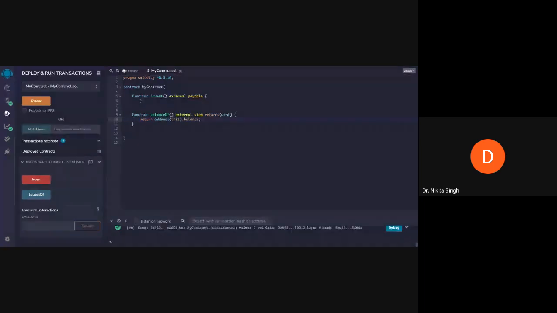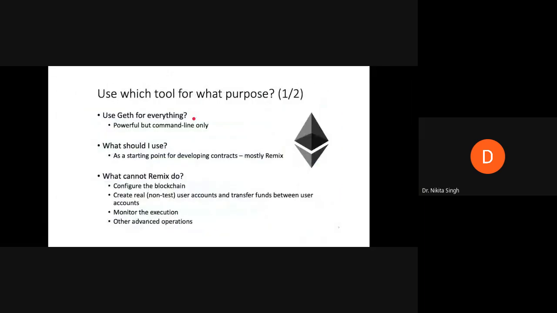So the Remix IDE that we have used so far is good enough for the development and initial testing of your contract. It also provides you with some functionality to test your blockchain against different parameters.